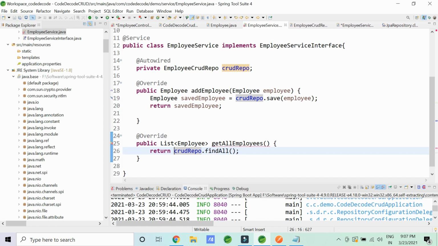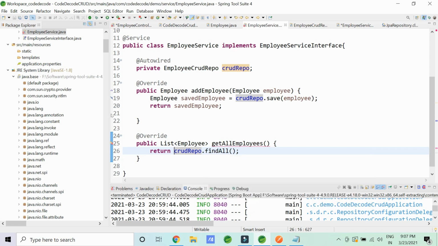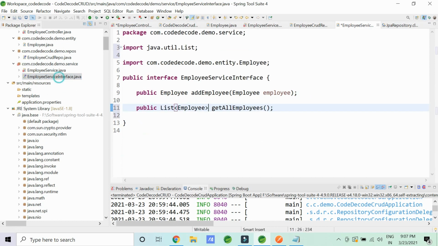Something is wrong here. It's going to return me a list of employee, and it's the same, right? Get all employees.